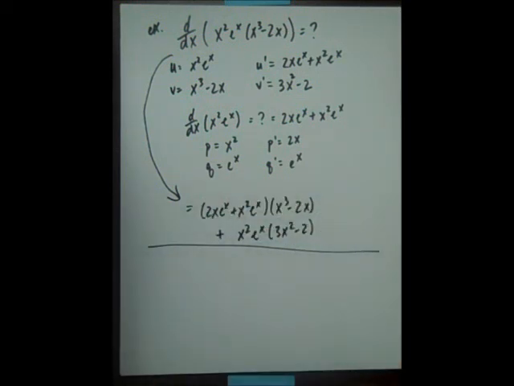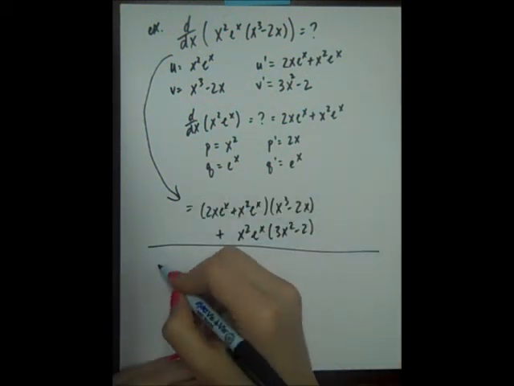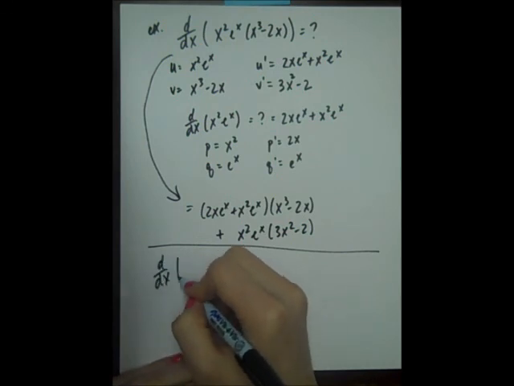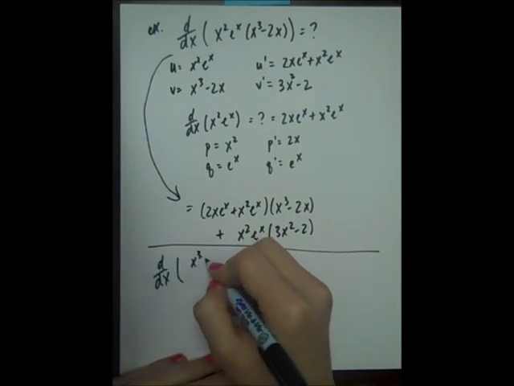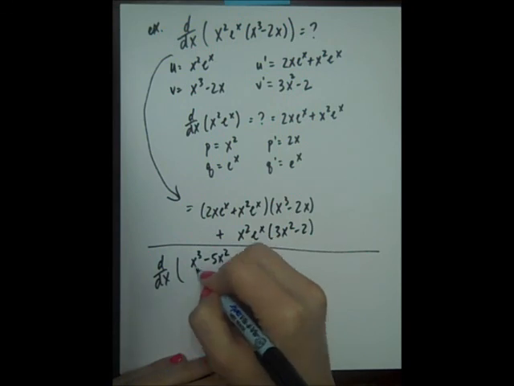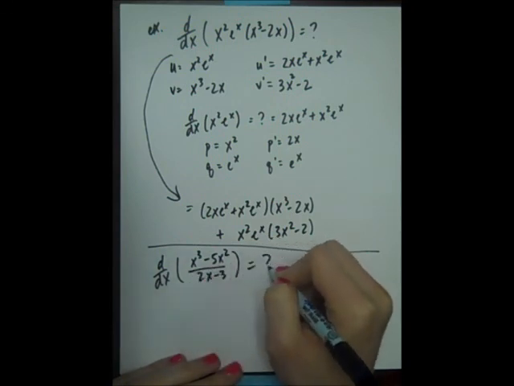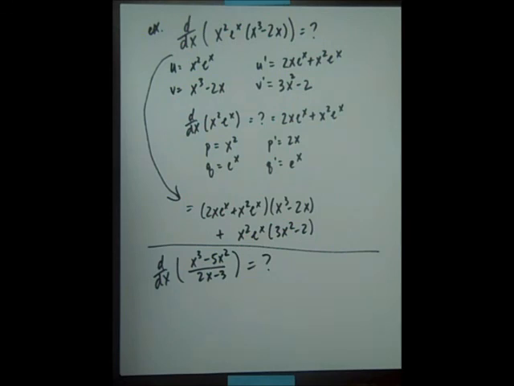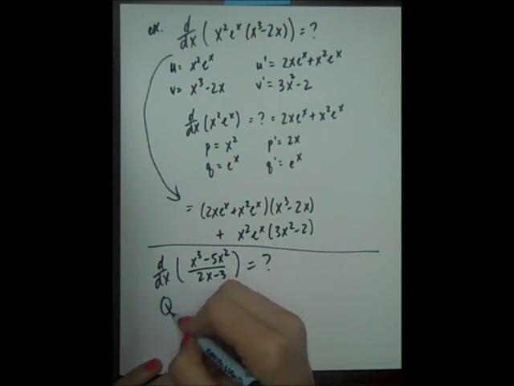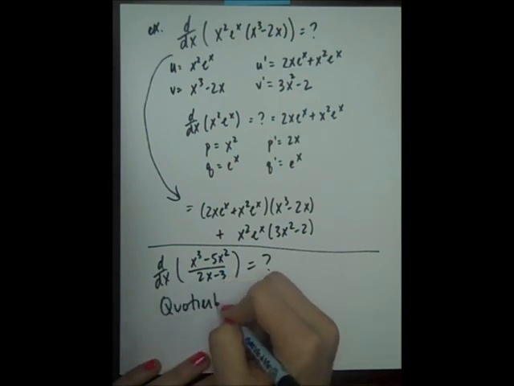So that's the product rule. Next question is, how do you find the derivative of something like x cubed minus 5x squared over 2x minus 3? So this function, x cubed minus 5x squared divided by 2x minus 3. As soon as you say the word divided by, where it's a function over a function, that's a quotient. That leads us to our quotient rule,